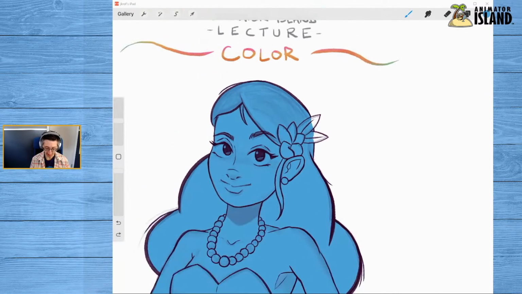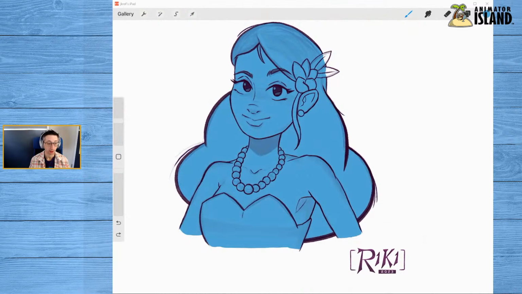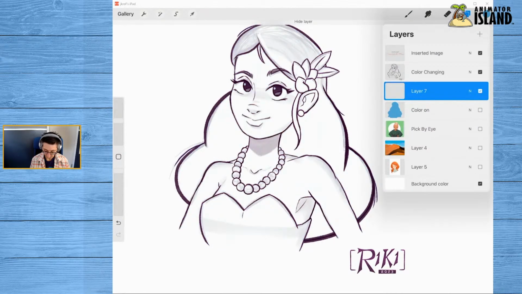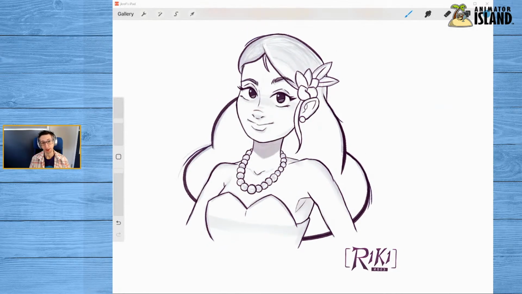Now, I just did that relatively quickly, right? But there's another way that you can do this sort of process. So I will start a new layer. That way I have this one for later. And let me show you the second way to do this.